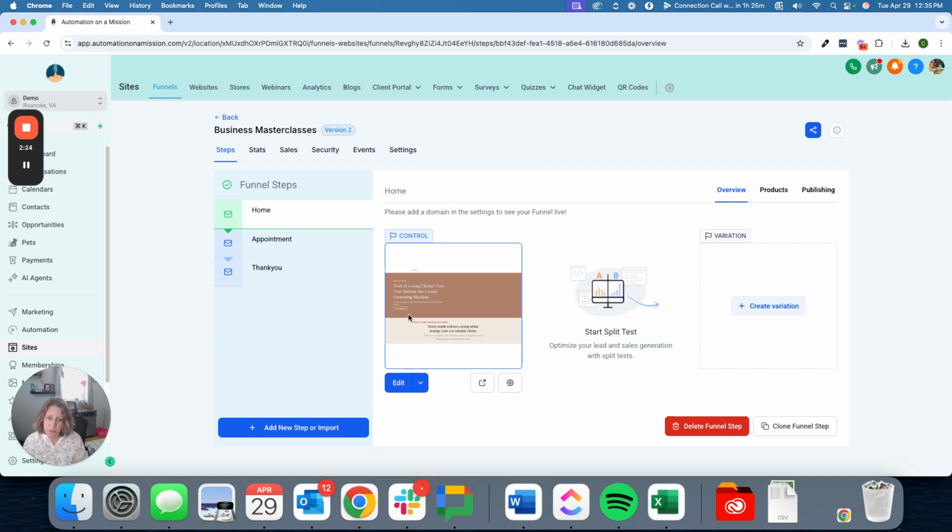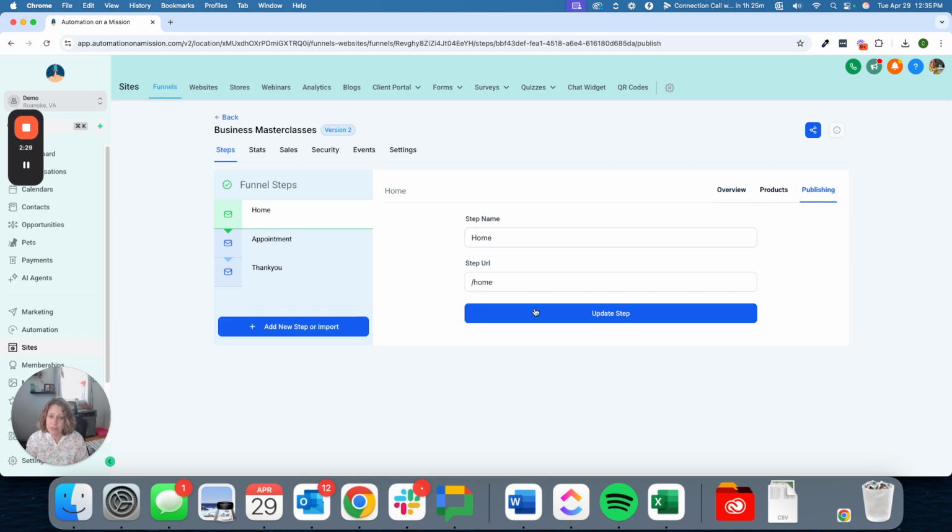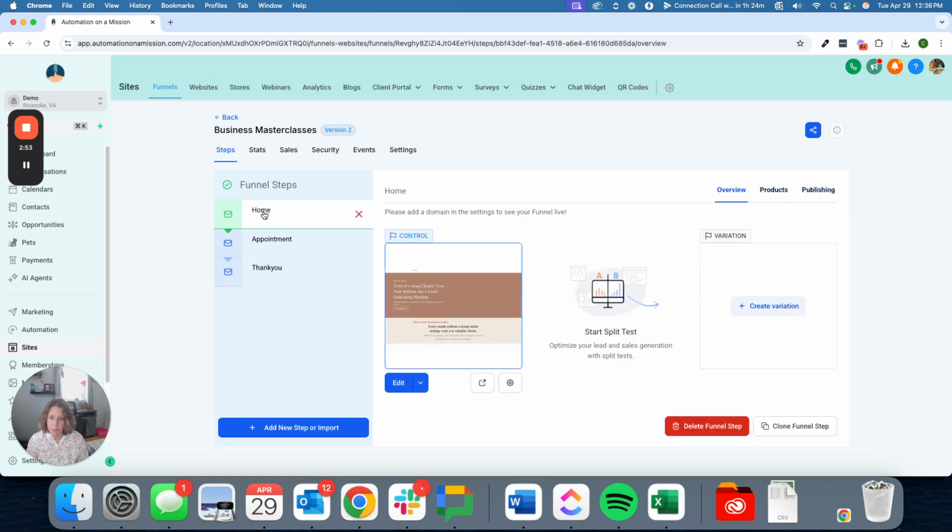And then before we open up the funnel step itself, I'm also going to click on Publishing and do the same thing. Let's make sure that your step and your path are in alignment with what they're supposed to be. What I mean by that is if you clone a webinar funnel, for example, but you're using it for a lead magnet opt-in, this information is only going to shoot you in the foot or just make the SEO metrics harder because the information isn't accurate and up to date. Okay? So now I'm going to go back to the overview page